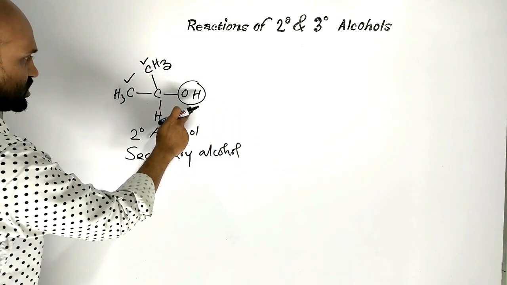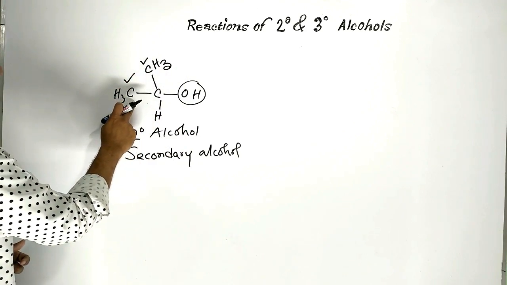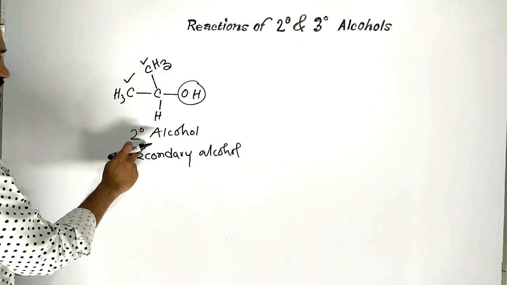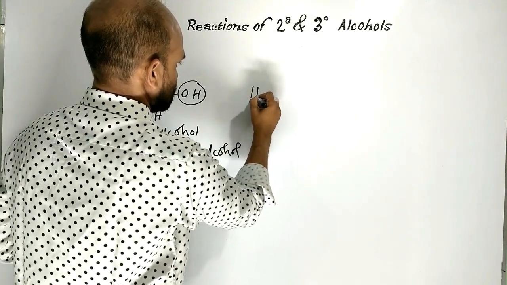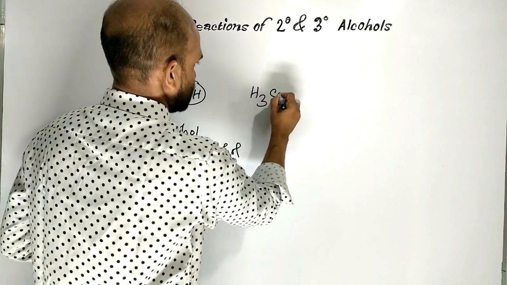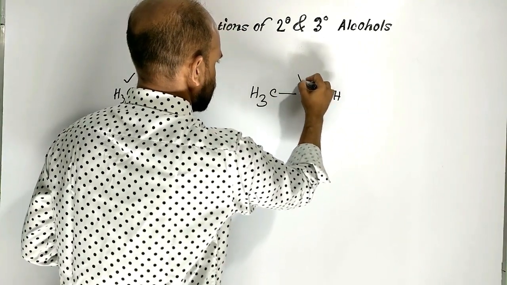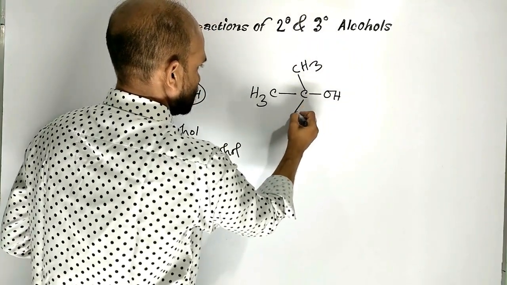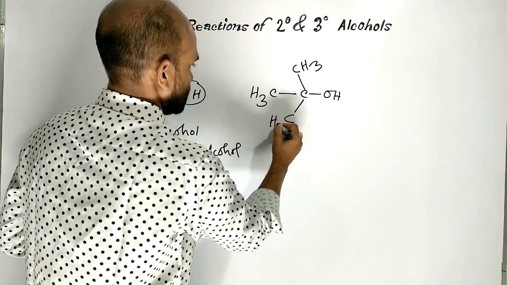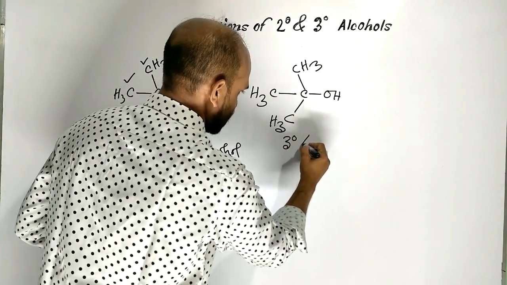Carbon linked up with hydroxyl group is linked up with 2 carbon atoms. That is why this is 2-degree alcohol. Now 3-degree alcohol. CH3, OH, CH3, CH3. This is a kind of 3-degree alcohol